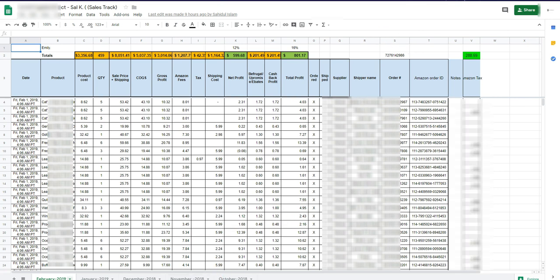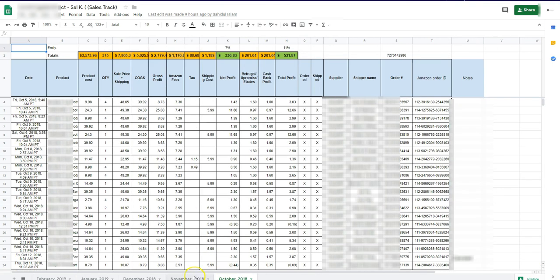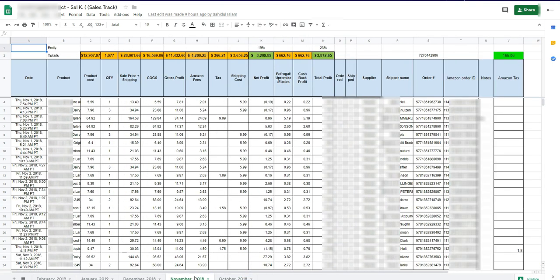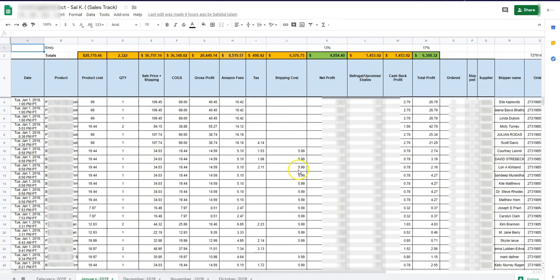So just for example, just to give you an idea of how fast you can see your return on investment, right? From October to January, we have 330 plus 3,209. I'll just round off 3,209, 5,919, 4,854. It's a beautiful thing. So from October to January, we have a net profit of